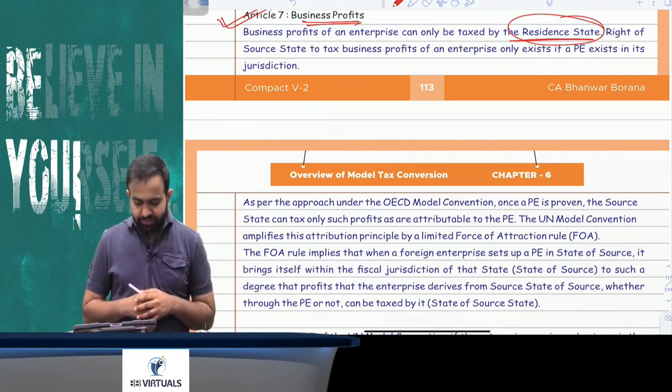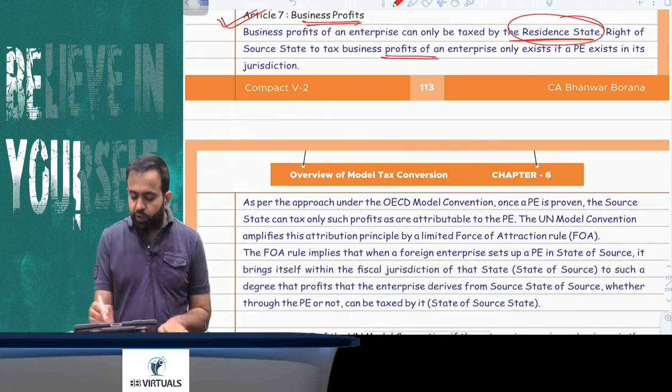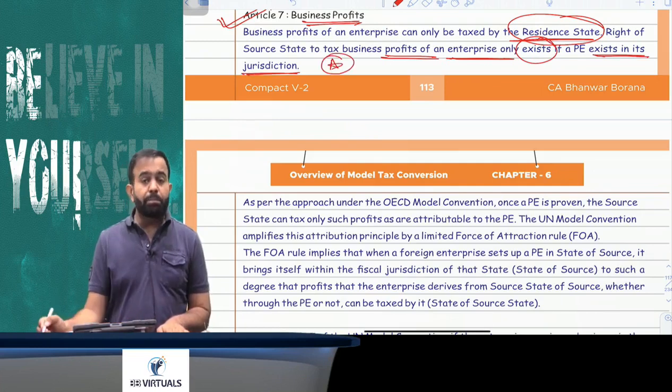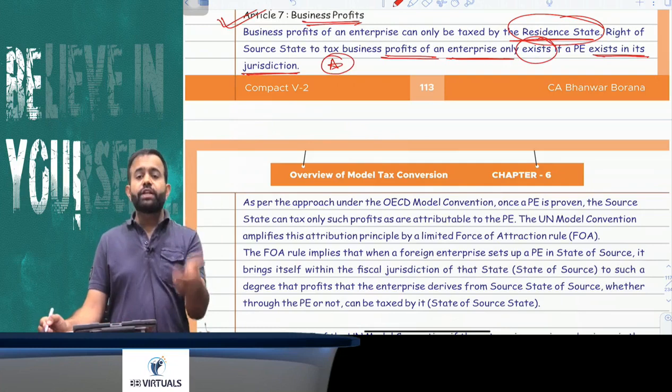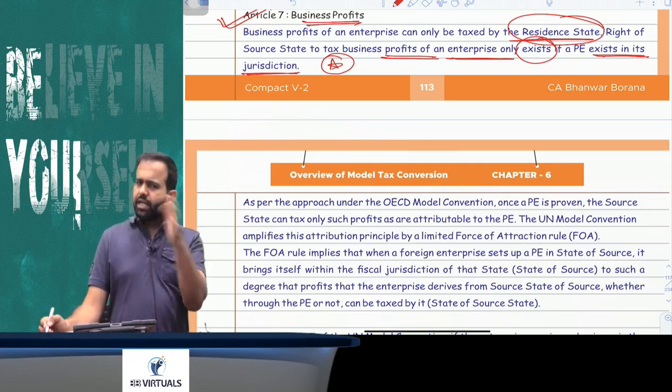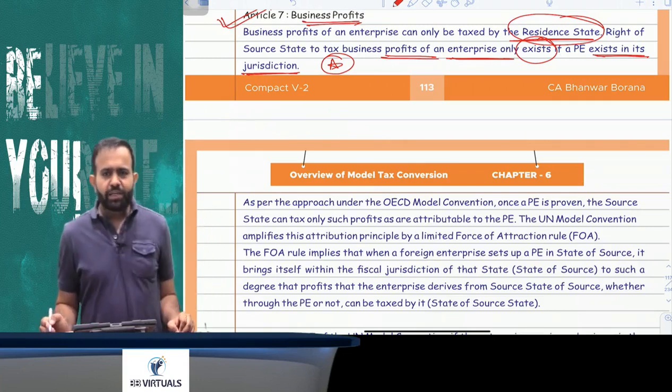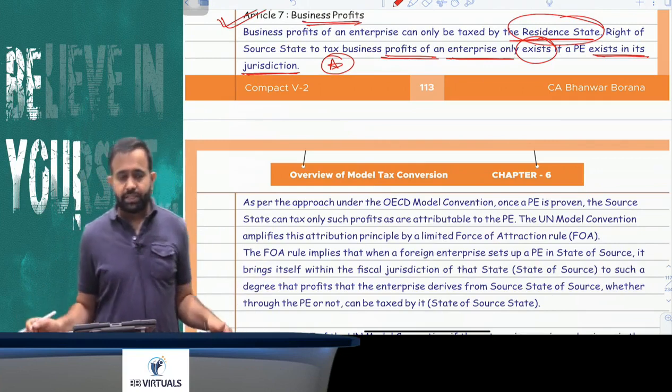Right of source state to tax business profit of an enterprise exists only if the PE exists in its jurisdiction. That means if there is a PE in the source country, then the source country will take the tax. Otherwise, the resident country always will take the tax on the business income. So what I am saying is, if anyone asks you that in two countries, suppose there is a DTAA, then